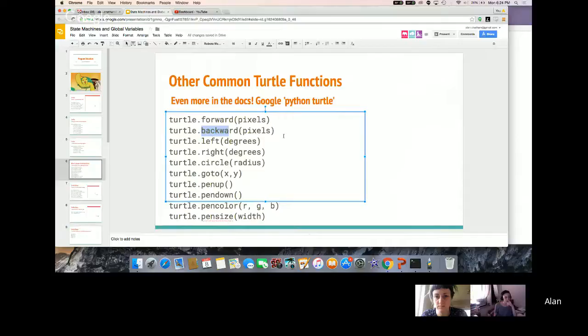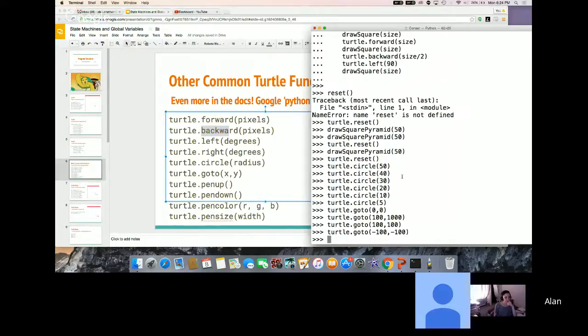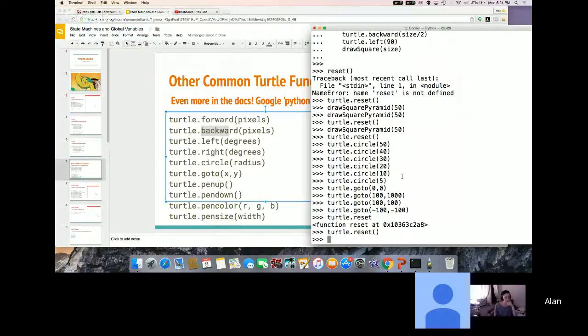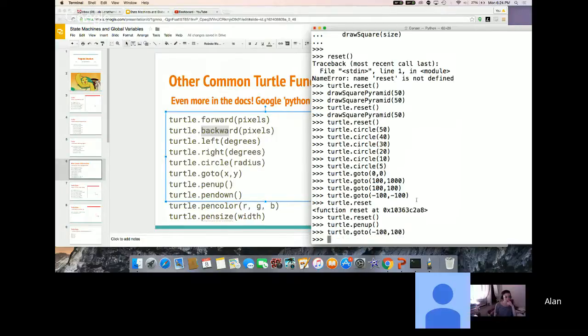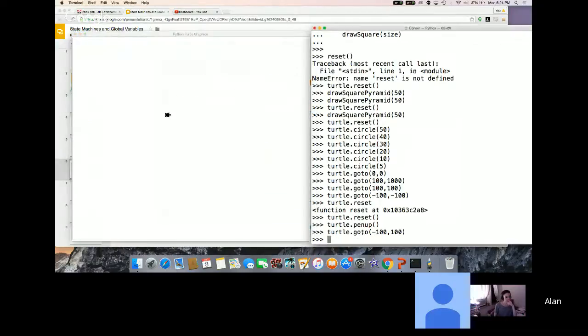Yeah, the pen up thing means it won't make a mark when you do that. So if I wanted to set up, we go turtle.penup, and turtle.goto -100, 100. And you have to do pen down to get it to draw. It doesn't reset unless you reset it, so to speak. Yeah. So I go pen down,